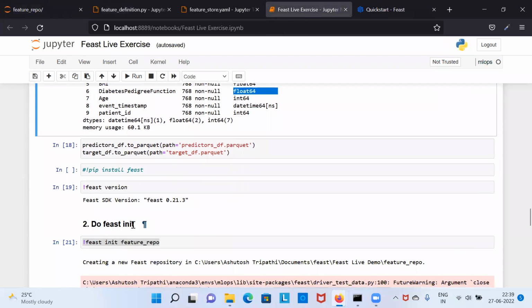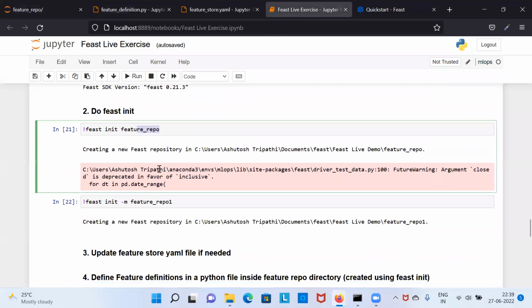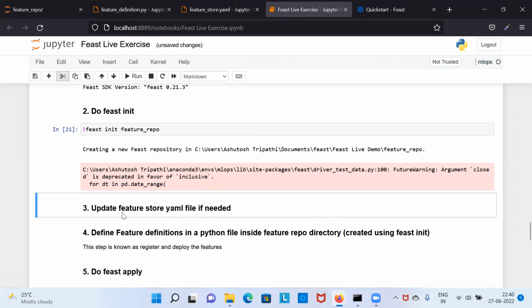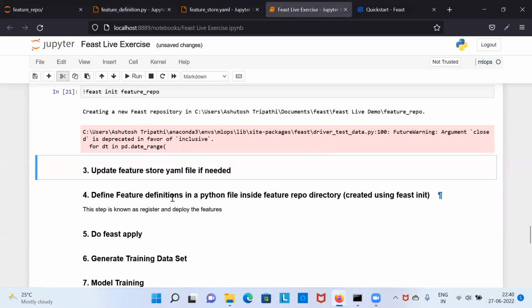So we have done init. After init we have created the feature repo, and then we have defined the feature definition as well, and we understood feature_store.yaml as well. This is not used, we'll not be using it, I have anyway explained. What is next? We have updated the feature store YAML file. We have defined the feature definition in a Python file inside the feature repo directory. This also we have done. So till the fourth step we are done. Now the next thing is